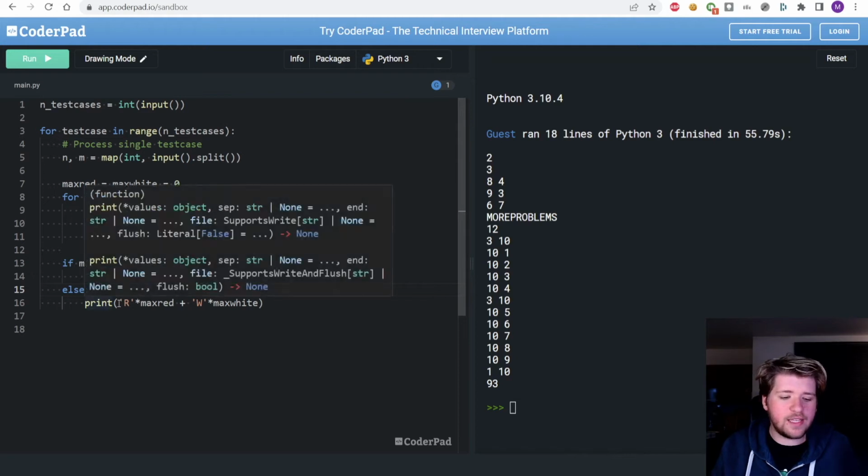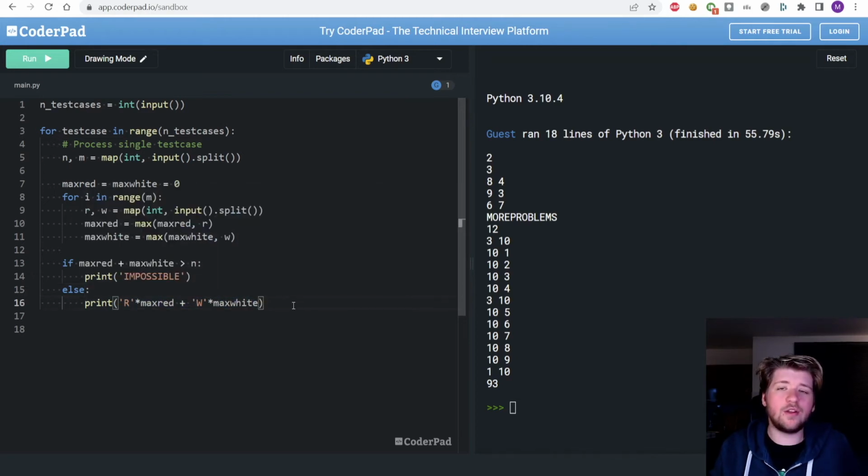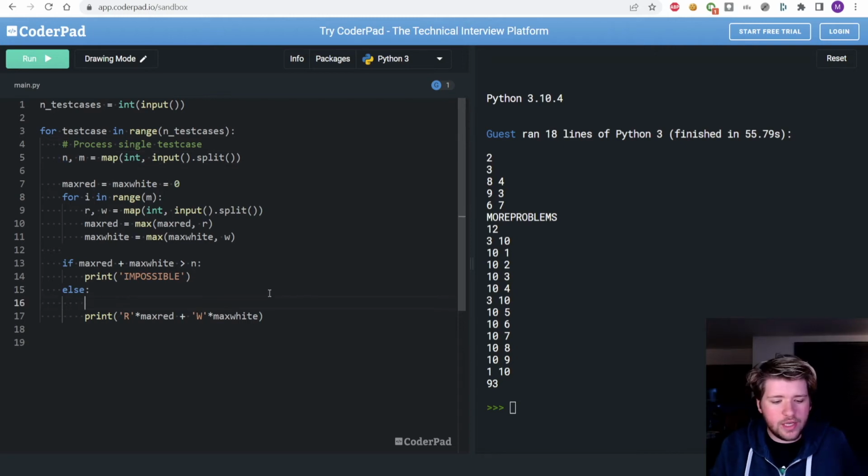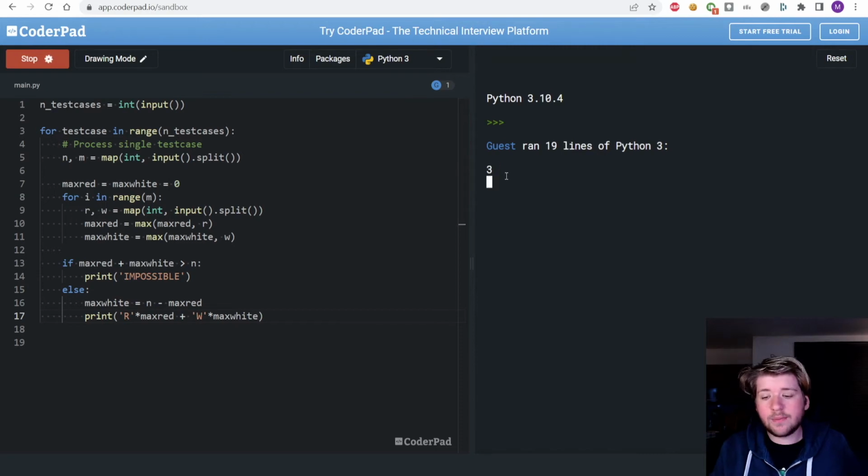We would provide a line with a lower number than what was asked in N. So what we can do here, for example, is redefine max white as N minus max red. This can only increase the value of max white when it's needed. It cannot decrease it, because otherwise we would be in that first case. So now you can see that max red plus max white, if you replace those variables, will be equal to N.